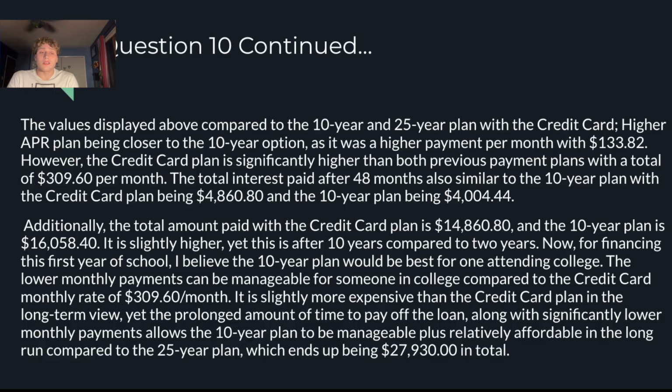These two values are pretty similar in terms of interest, but one is much more manageable: $300 compared to $133. $133 is much more manageable as a college student than $300. $300 a month is a lot, and I feel like a lot of people would not like to pay that. Yes, you are getting it paid in 2 years, but it is a lot of money, and it will take a lot of work to pay that off, or it just won't be able to happen for a lot of kids. So I feel like the 10-year plan gives people a little bit of room to work with payment-wise,